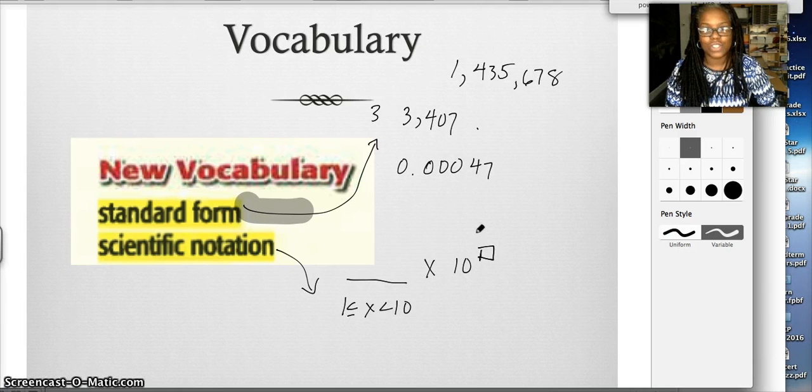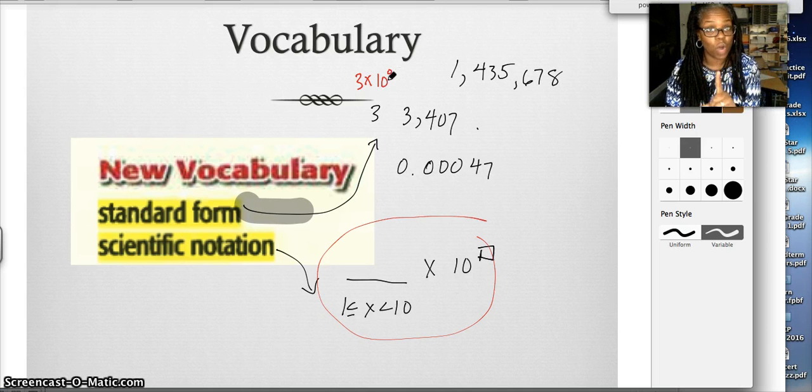So I'm going to circle this in red and write each of these in scientific notation. So how would I write 3 in scientific notation? It would be 3 times 10 to the 0 power, because 10 to the 0 power is 1, and 3 times 1 is 3. That's not particularly convenient, I know. Let's write this in scientific notation. So if I'm writing this value, I'd write